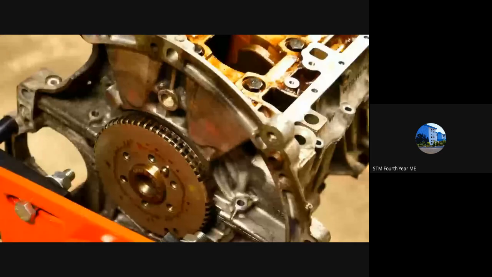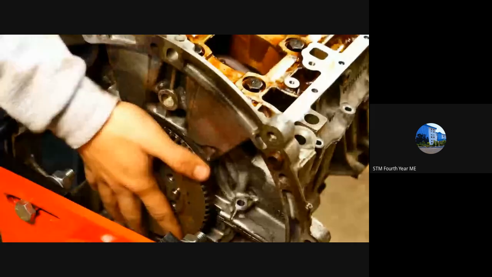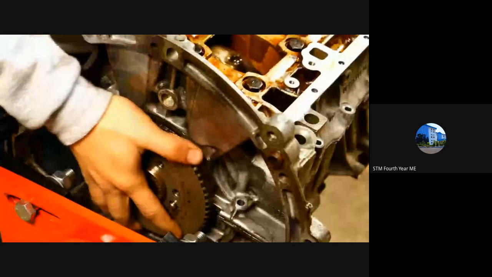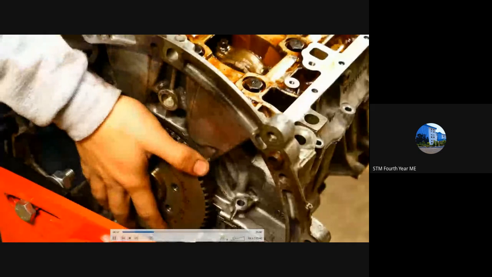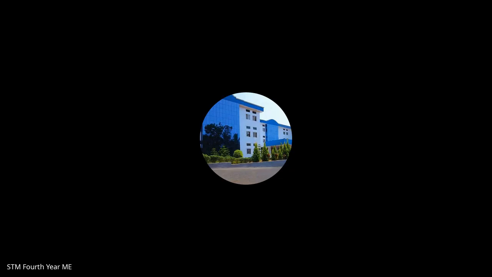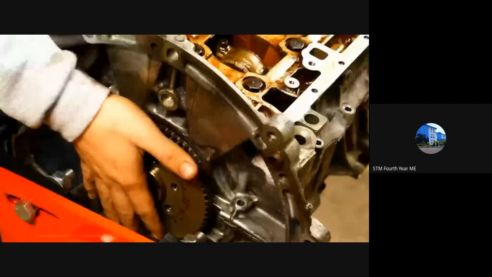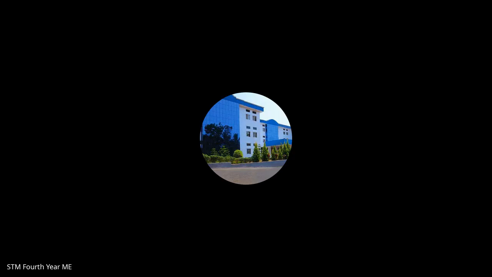So this is how he rotates the crankshaft inside. You can see the rotation of the crankshaft here. So he is exposing the cranks where the connecting rod is connected. So for that purpose, he is rotating the crankshaft. So it has to be exposed in this hole. Okay. Once it is exposed here, he stops and then he will try to remove the